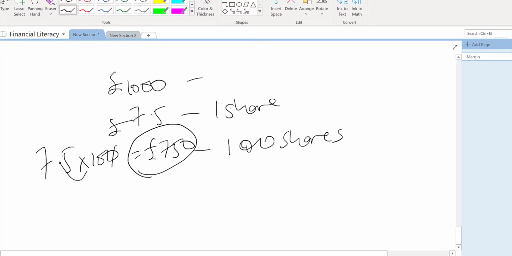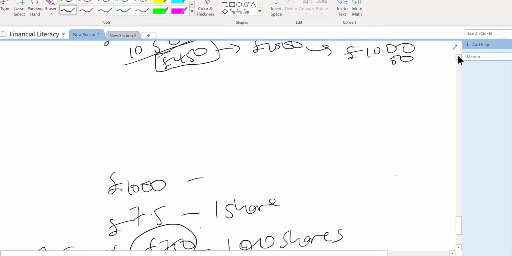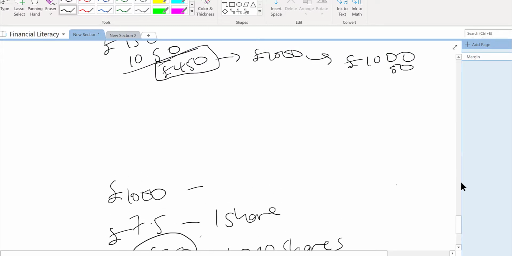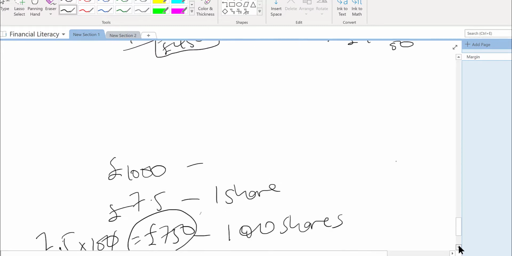So your share price is now worth £7.50, and you have 100 of those that you bought with your own money. Because it's dropped, you now have your shares being worth £750. So it's gone down from your £1,000 to £750. So you can compare that with when you got a margin. If you had gone for the margin, the amount of money you would have left is £450. Without the margin, you just have